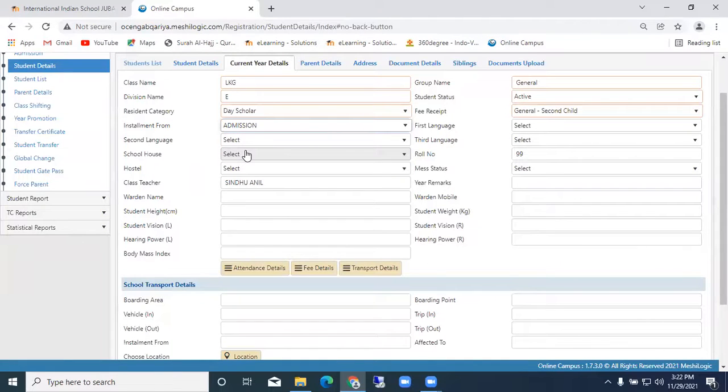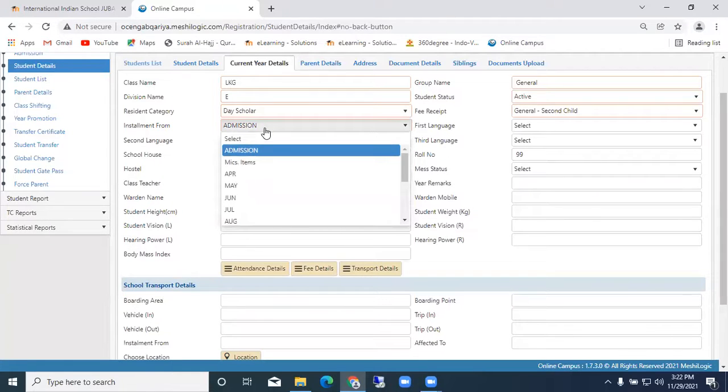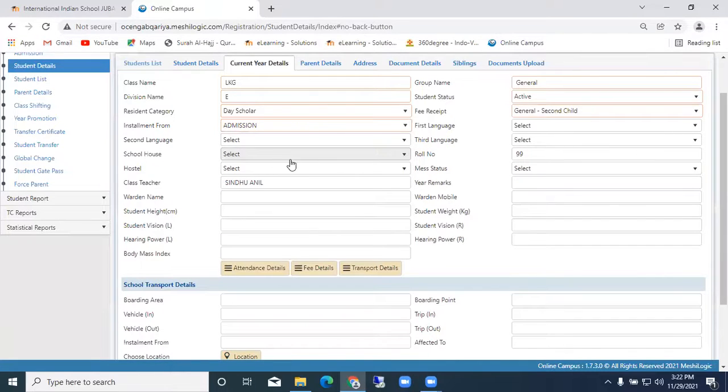Once I say new admission, all the fee structures I have shown you, the establishment fee, the levy, the registration fee, the online registration fee, the tuition fee, and then the ID card fee, the e-learning fee, everything will be covered if I select the installment admission. Next month onwards, automatically the fees will be collected from June, from May. And then we can select the language and all that.